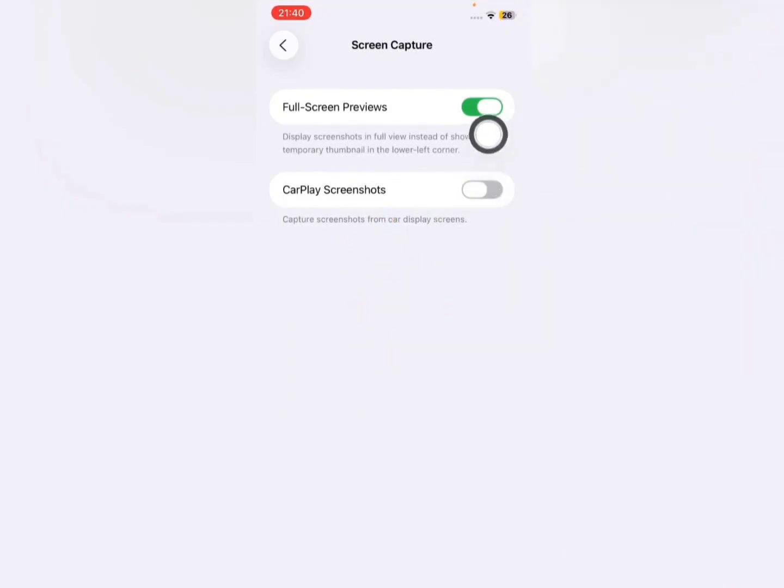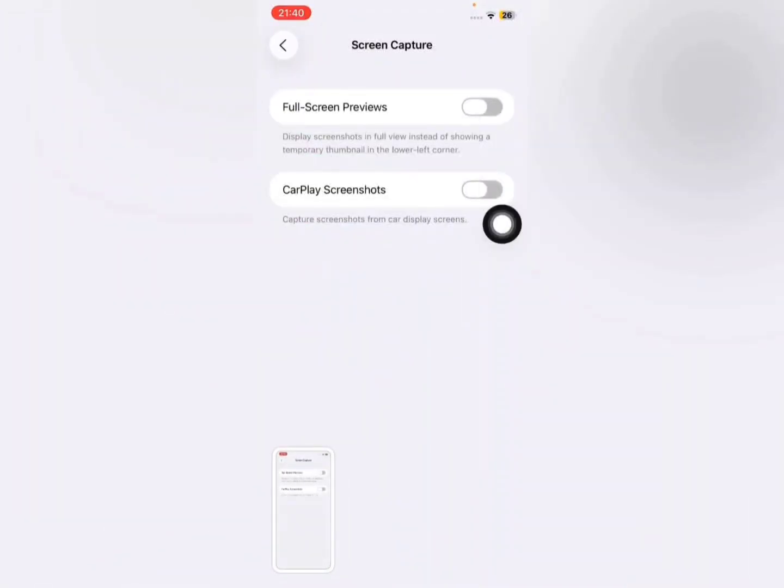Now you simply need to disable the option that is shown in front of you. This refers to the full screen previews. Now let's take a screenshot. As you can see, this is indeed the standard and typical screenshot mode that is commonly used and widely